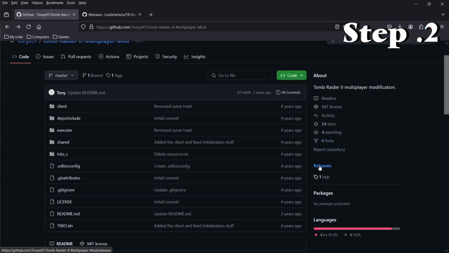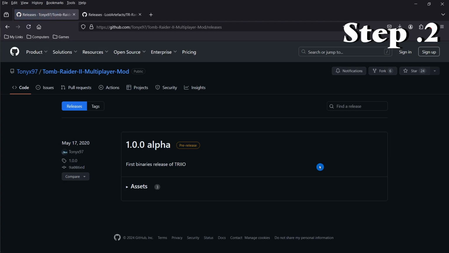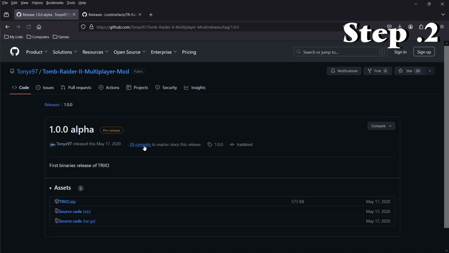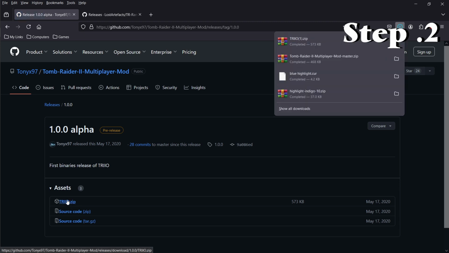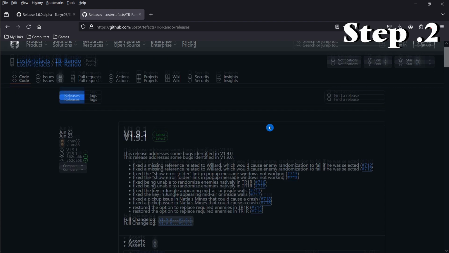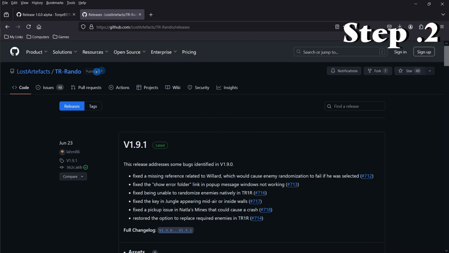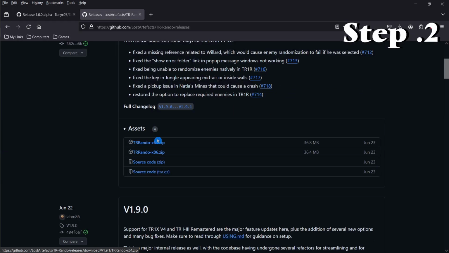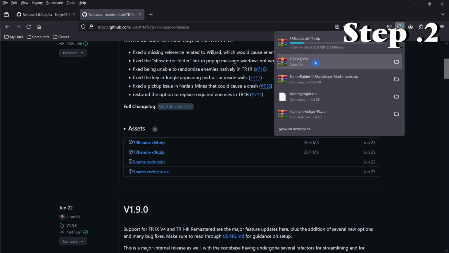So you need to go to Releases and click the 1.0 alpha. TRIIO zip, download. Now you want to keep all these files together in one folder. Same thing for the randomizer, TRando. You want to click the zip file. When these files are downloaded,